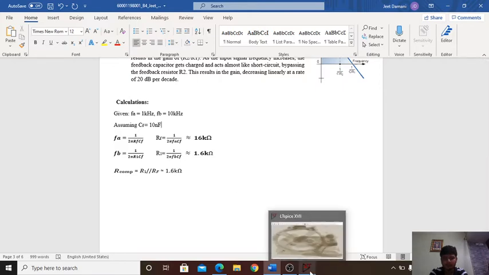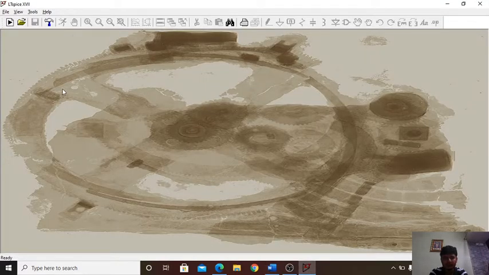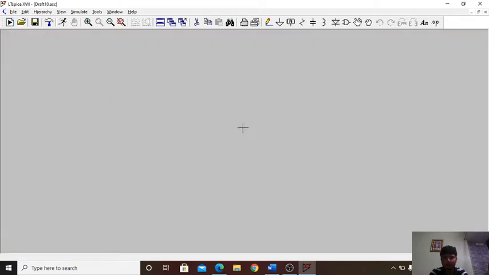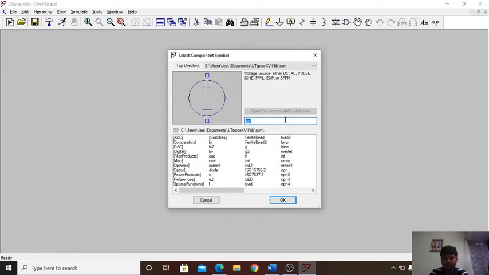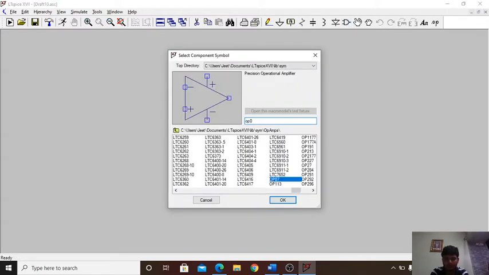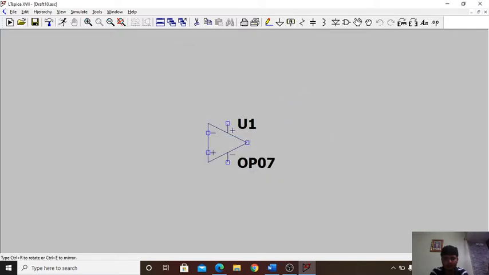Now for the design, we'll go to LT-Spice. To create a new schematic, click on the new schematic option. To place a component, click on the component option. We'll search for OP07, type in OP07 and press enter, place the component over here and press escape.